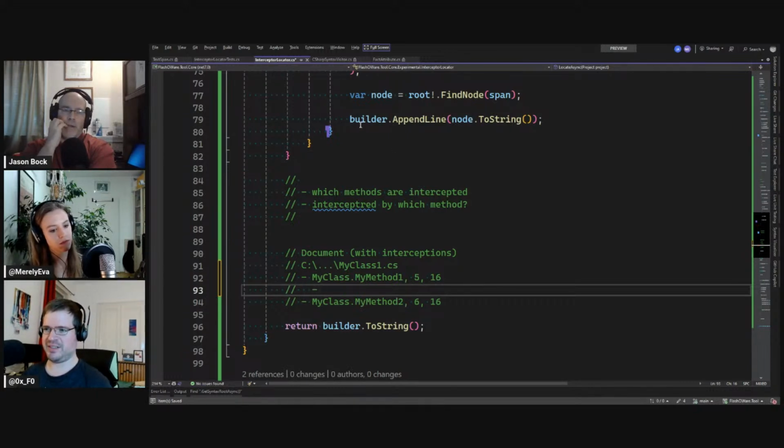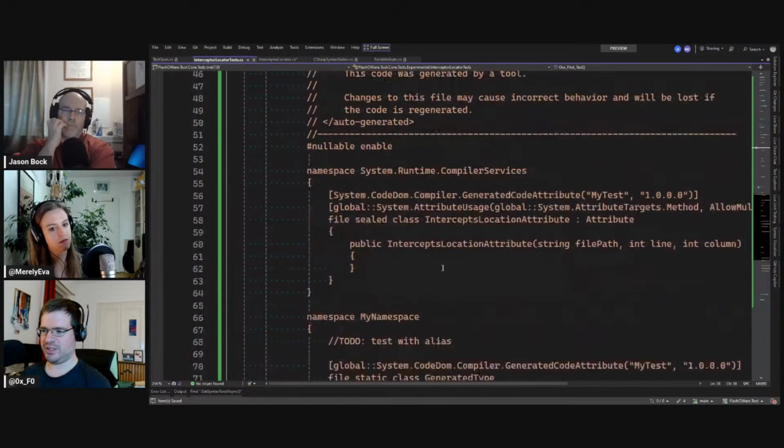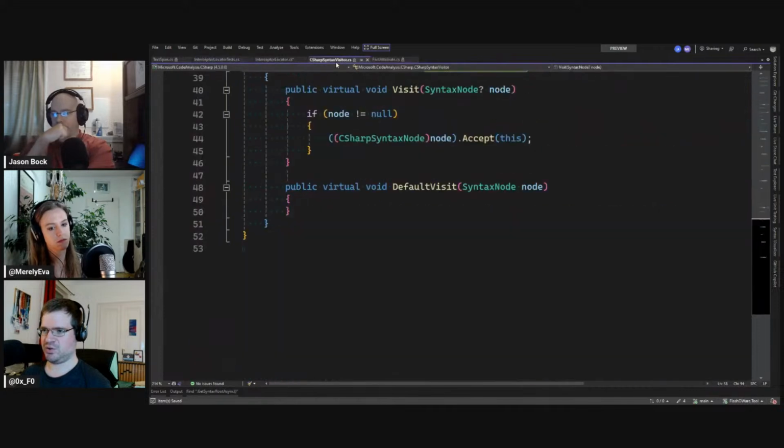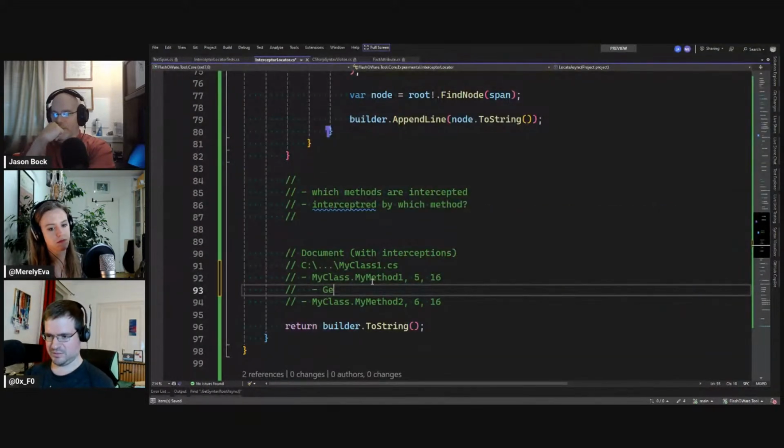So where we're basically calling into this. Yes, that's right. So this would then maybe also be a generated .cs file on Windows.